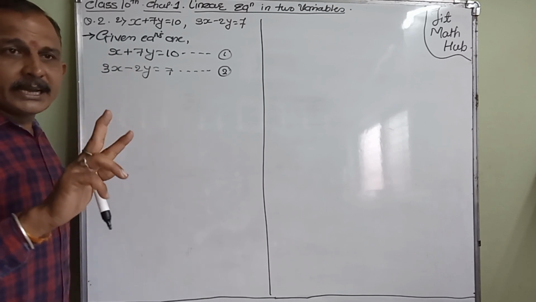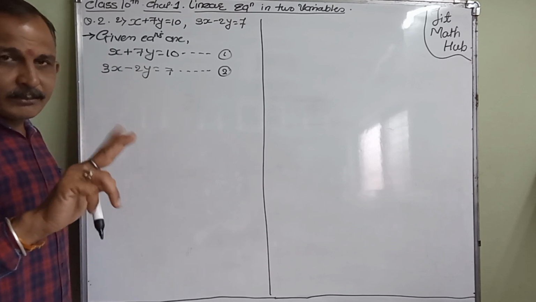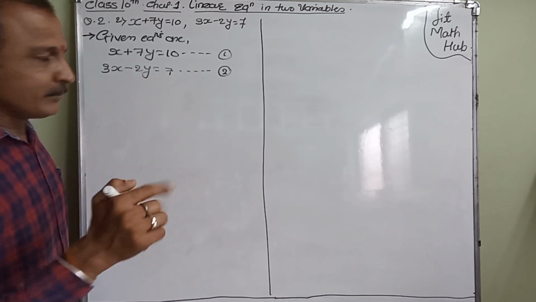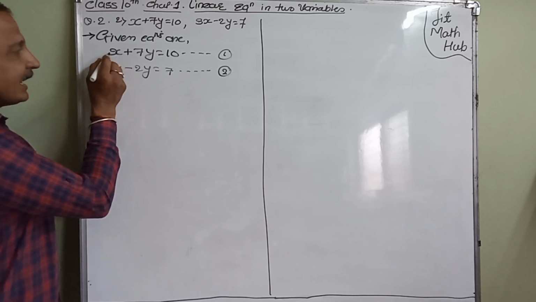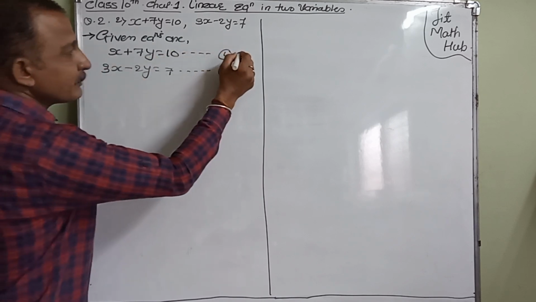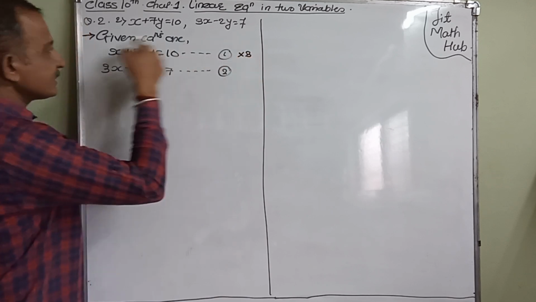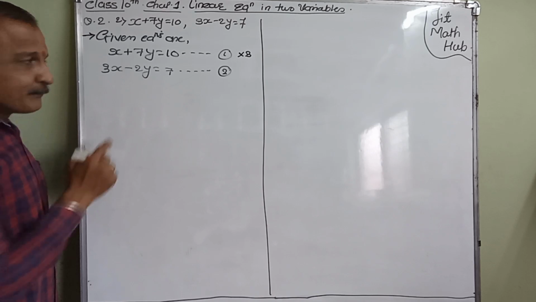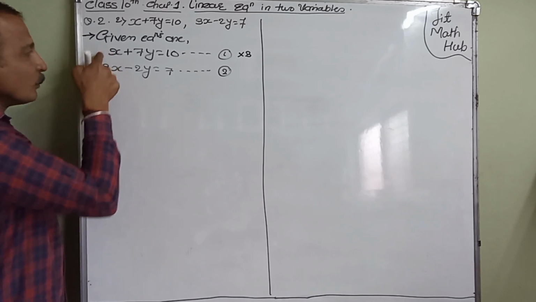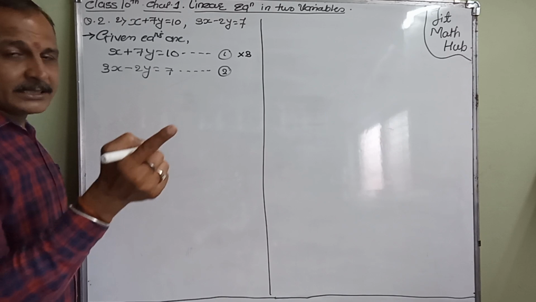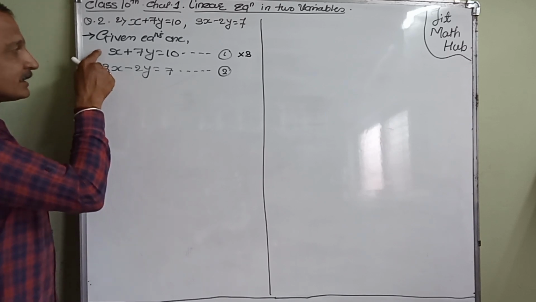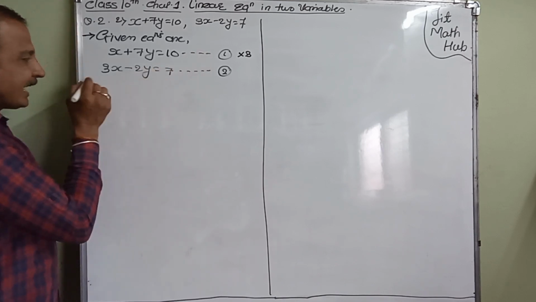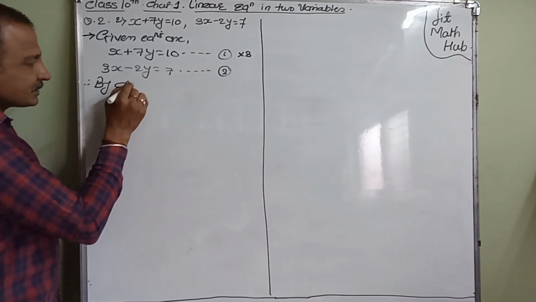You can eliminate the first variable or the second variable, that is nothing important, but it is important how to eliminate it. Here is x, here is 3x. If we multiply this equation by 3, then both coefficients are the same, 3x, and both have the same sign. In the last two examples I also said that if the sign of both variables is the same, then we subtract the equations. So we write here, by elimination method,